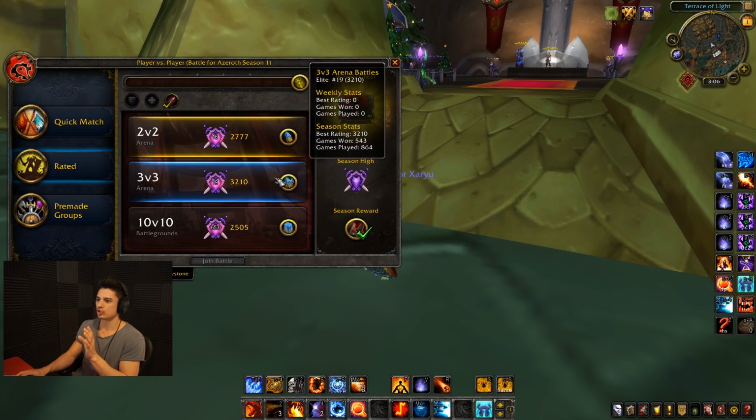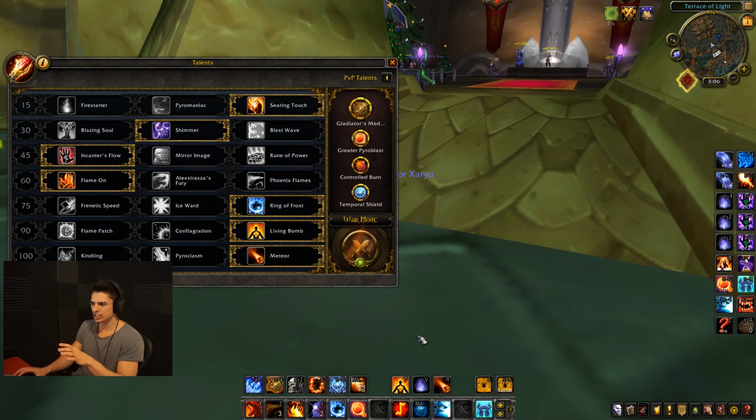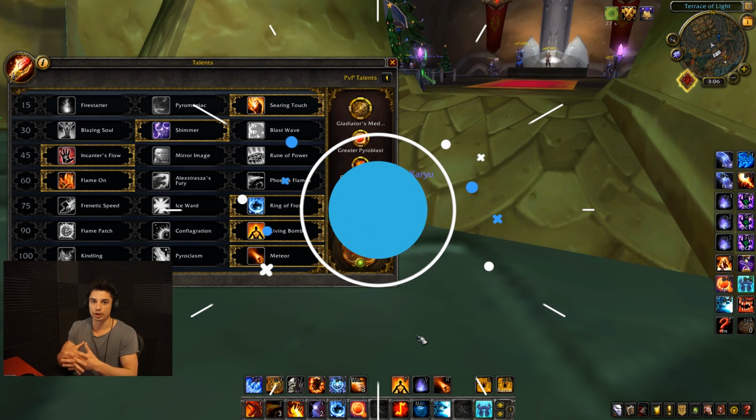But I've been playing that pretty much solely in 2v2, and 3s, like I said, I haven't done a ton since 8.1. And in RBGs, I haven't done too much, but I probably would run a build like this and just go for those crazy big one-shots. But let's jump into some gameplay where we're playing this specific build, the Greater Pyroblast Controlled Burn build, in some